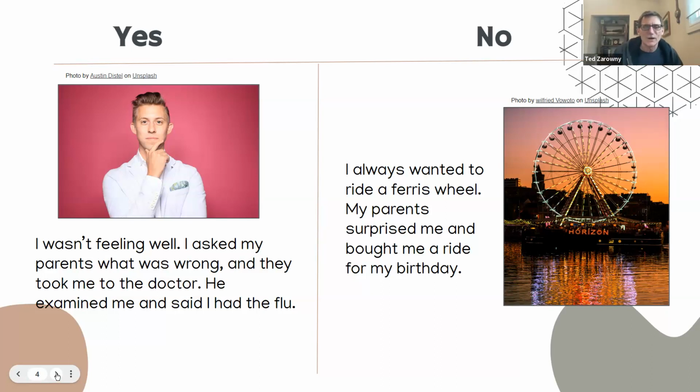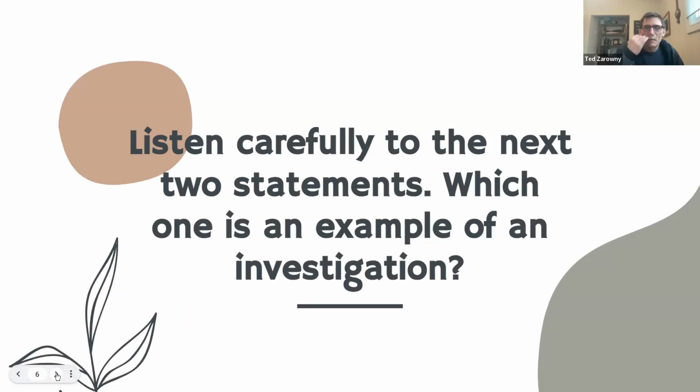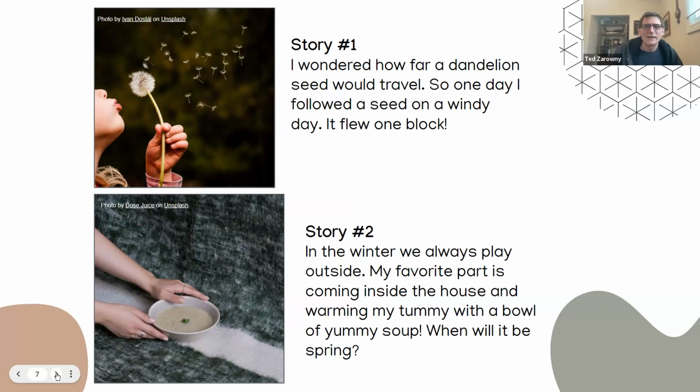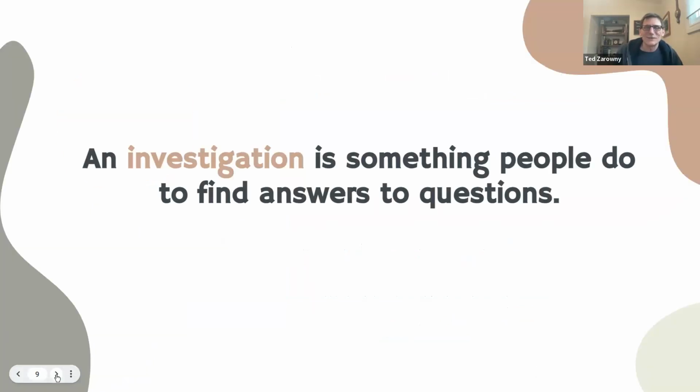So there are more examples and non-examples in a concept attainment lesson. You can see them showing up here. And then once you get to a certain point, you say, I'm going to give you some other examples. You maybe have an idea what it is, but here are some examples to see, based on what you think it is, where would they fit? Which is the example here? Which is a yes? Is it story number 1, story number 2? And they would give their reasons why, without giving it a name. And then as a class, you'd come to a decision and classify those as either yeses or nos. That's the next slide, and we would determine that together.